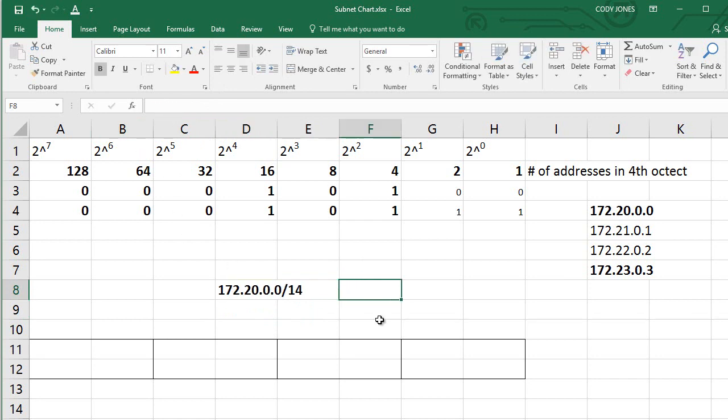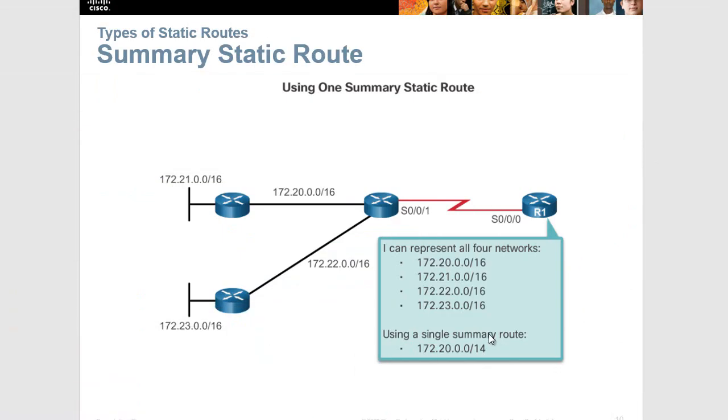There we go. So our summary address is 172.20.0.0/14. Okay. Our block size there is going to be 4. All right, so that's 20 to 23. That's exactly the correct block size. So that's exactly what we want to summarize those addresses. So if we take a look, that should be exactly what they got. Yes,